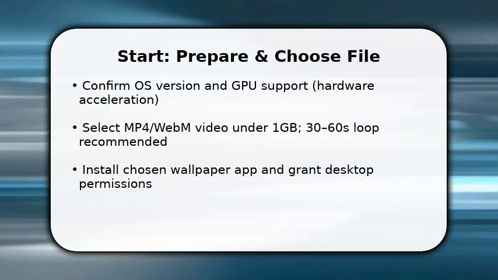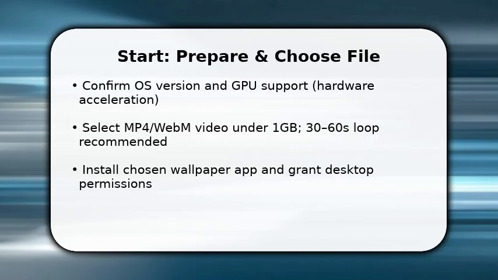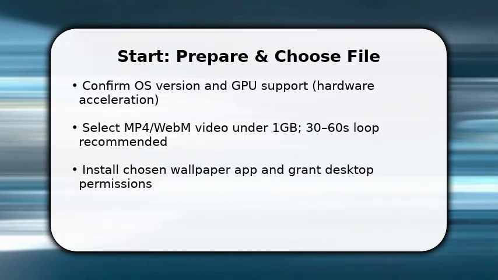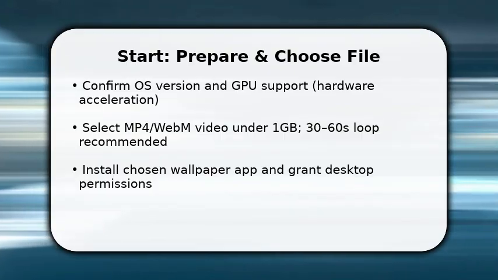You begin by preparing your system so the process is fast and reliable. You check OS version and GPU support because hardware acceleration reduces CPU load. Next, pick a short MP4 or WebM file, 30 to 60 seconds works well, and keep it under 1 GB for smooth looping. Install the Wallpaper app and grant desktop permissions. Once done, open the app and add the video file to the library so you can start configuring playback options